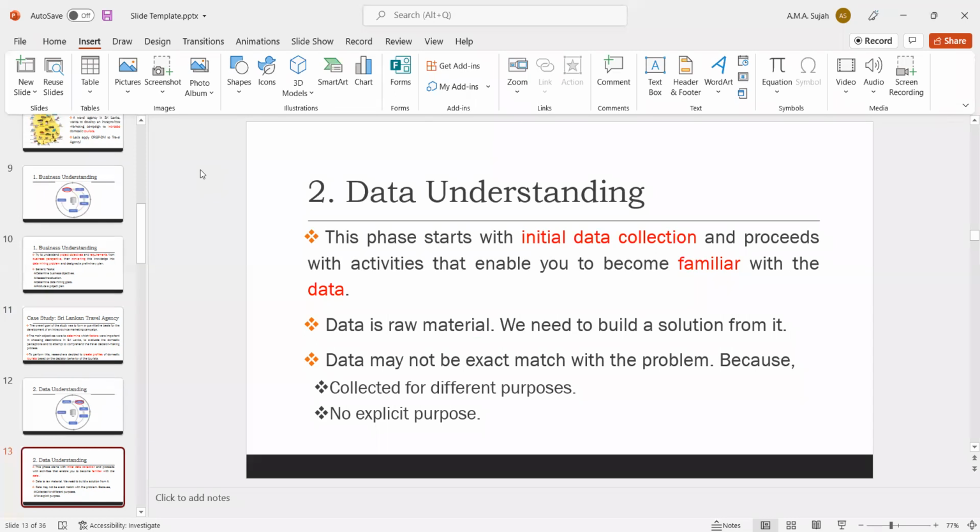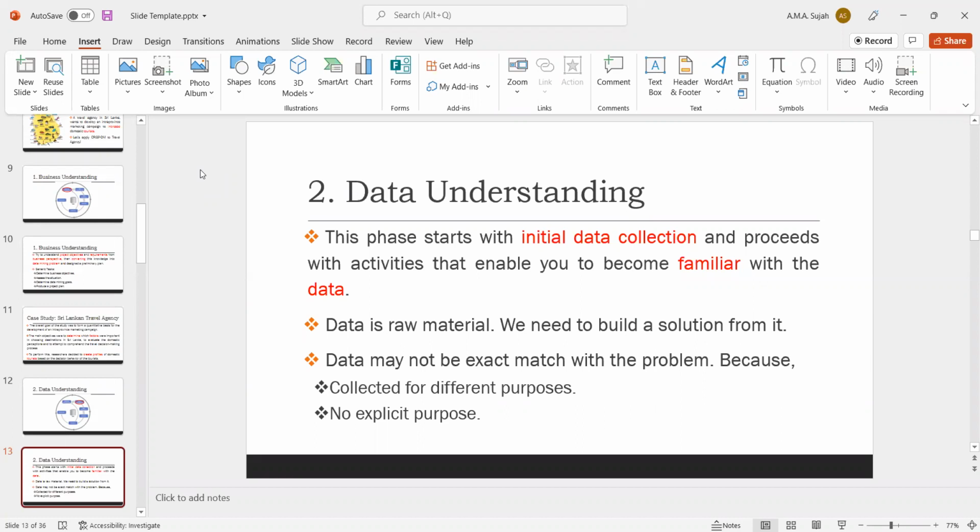If you think about a diabetic patient database, they are collecting the patient information for records. What are the medicines they give for them, each clinic. So whenever we get those data, that data file is not collected for our purposes. So sometimes they are collecting for different purposes. So we can't exactly expect the matching data. Sometimes we need to convert based on our requirements. We need to convert some attributes. Am I correct?